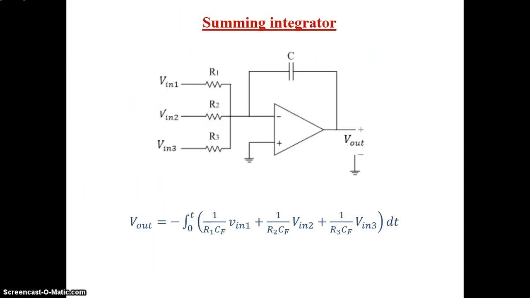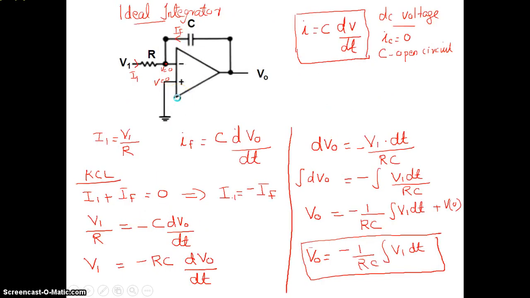Now comes the summing integrator. Already we have told you about the summing amplifier. When I have drawn an ideal integrator here, it looks similar to an inverting amplifier. The only difference is that the resistance RF is replaced by a capacitor C here. In the same way, after that we studied the summing amplifier, and in the summing amplifier,